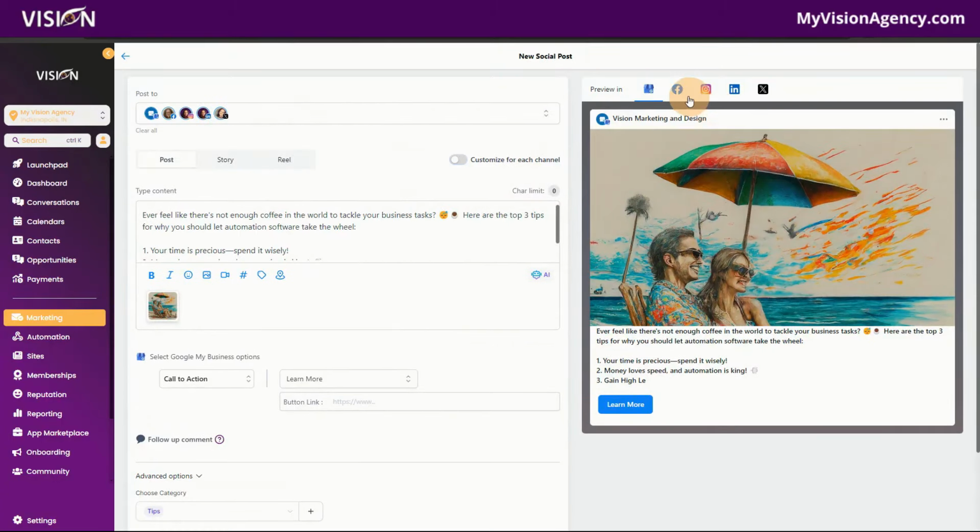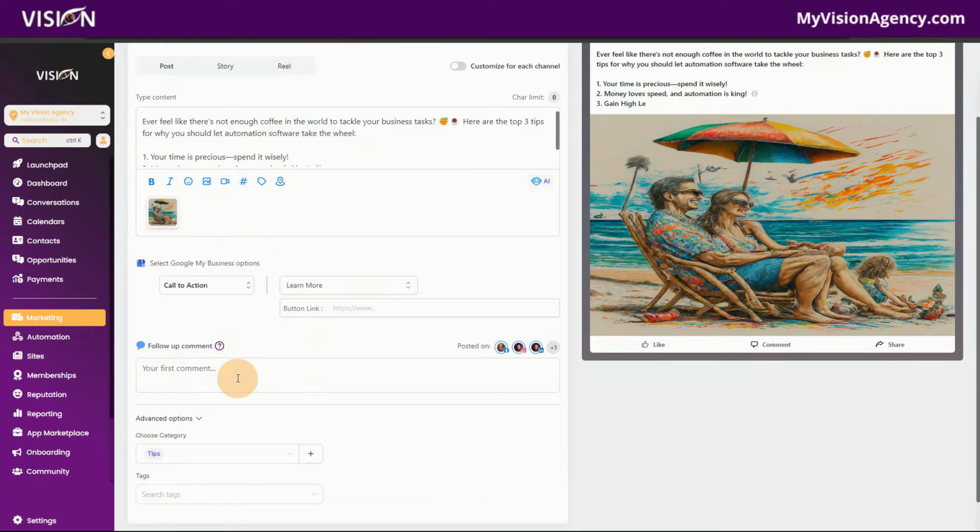Okay. If you go to Facebook, you'll see here that we have Facebook pages, Instagram business accounts, LinkedIn profiles and pages, and X or Twitter profiles. You'll see that we have the option here to post a follow up comment. So if you click there on those specific platforms, when it does post, it will actually post the first